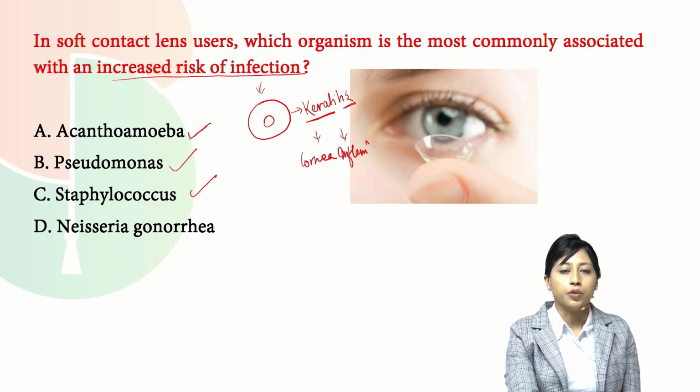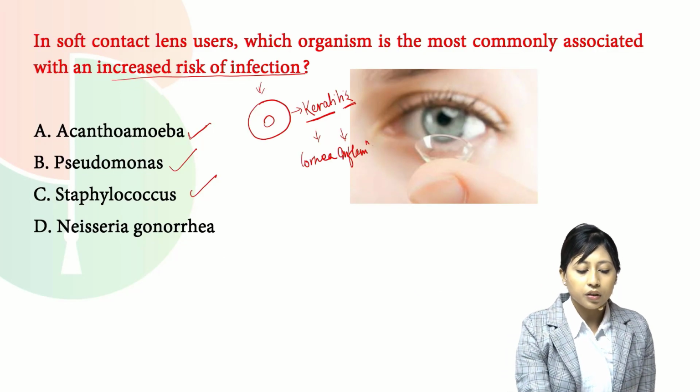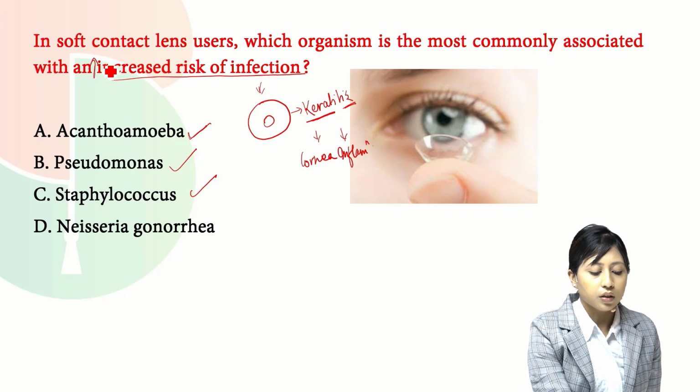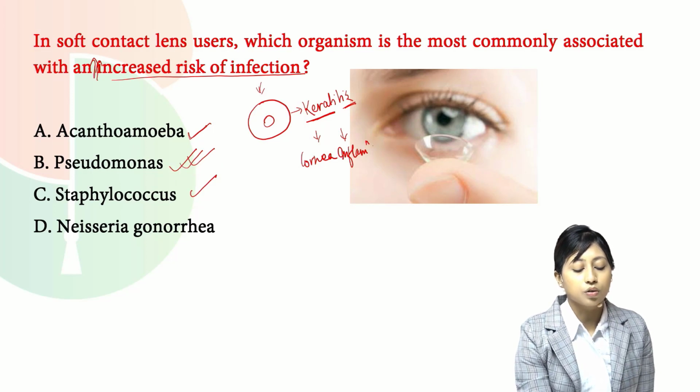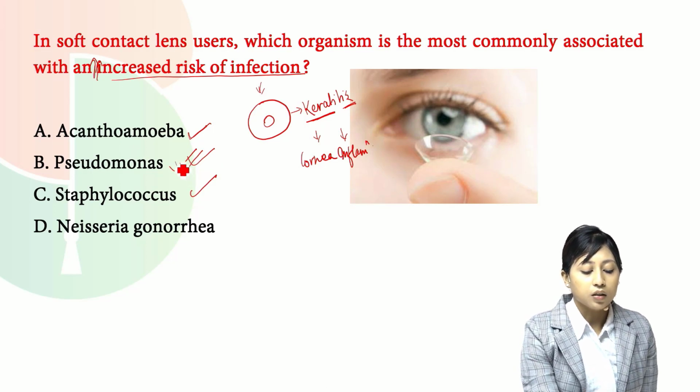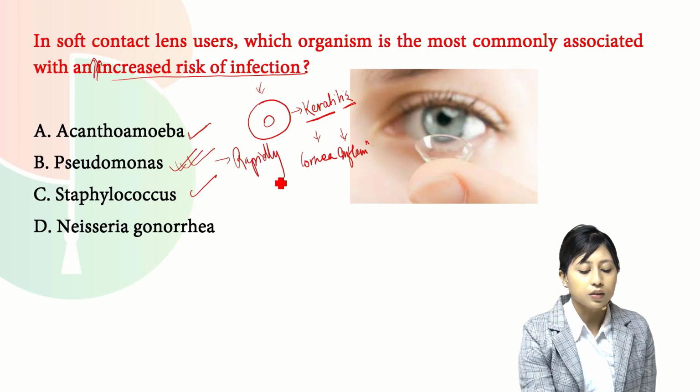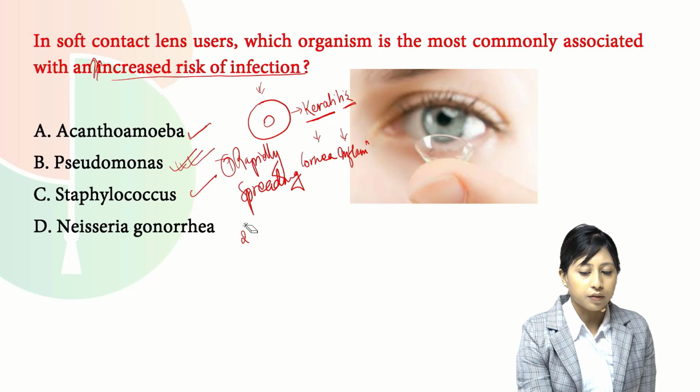So, coming to our question, which organism is associated with an increased risk of infection? Pseudomonas. Because as we already studied, Pseudomonas is associated with rapid spread due to numerous enzymes, and it is often aggravated. Predisposing factors are corneal trauma, vitamin A deficiency, immune suppression,